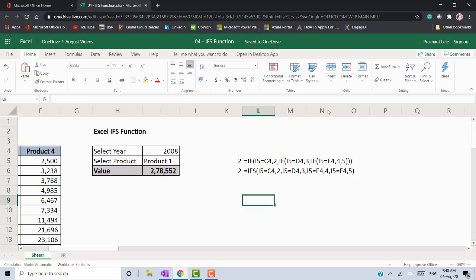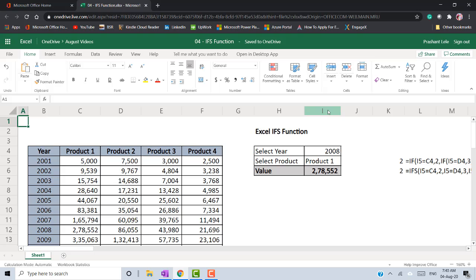Just like the IFS function, there are a lot of other useful functions in Office 2019, for example XLOOKUP or the UNIQUE function. There are a lot, and I'm going to prepare a video on those also, on the new functions available in Excel 2019 or Office 365. Till then you can practice on this IFS function, and you can find other uses of it in your day-to-day work and share them with me. Okay, till then, goodbye and keep learning. Thanks a lot. Bye bye.